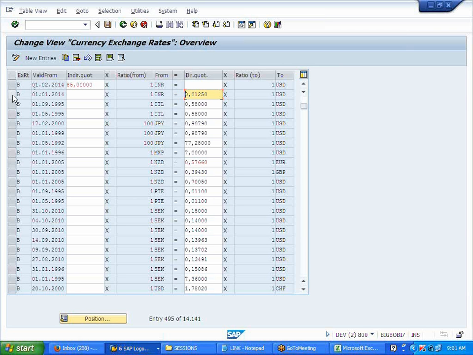The system is picking the M rate. But my question was, I don't want the M rate. I want to pick other than the M rate, as per my requirement. Then for a particular document type, I maintain this. So I can create my own entries, right? Have my own M rate, B rate, whatever rate I want. But for that, the prerequisite is you have to maintain it in the document type. Otherwise, the system by default will pick the M rate. That's an interview question.